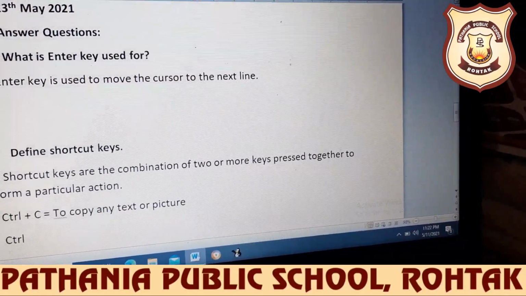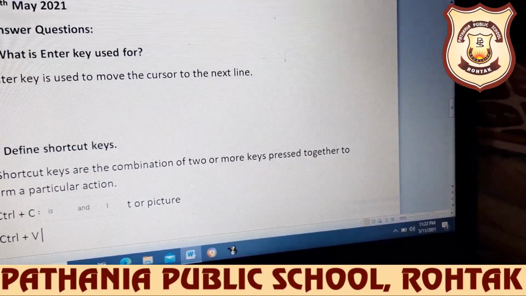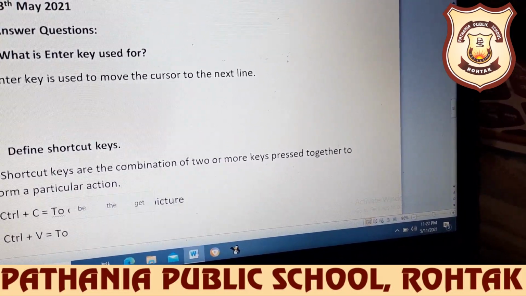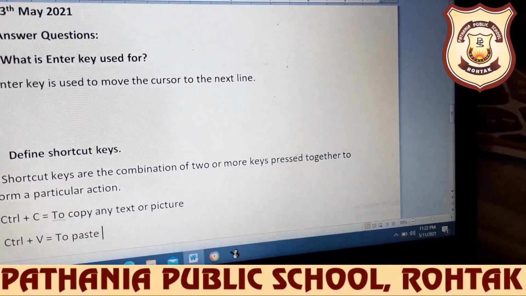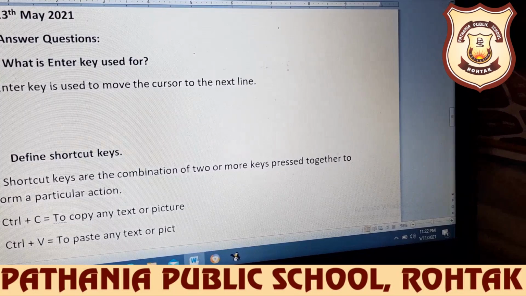Or one more example, Control plus V to paste any text or picture.